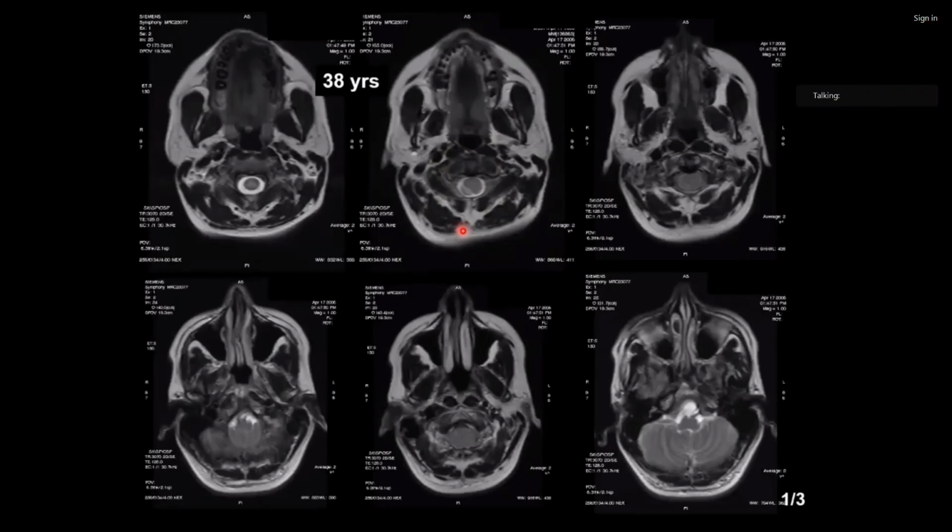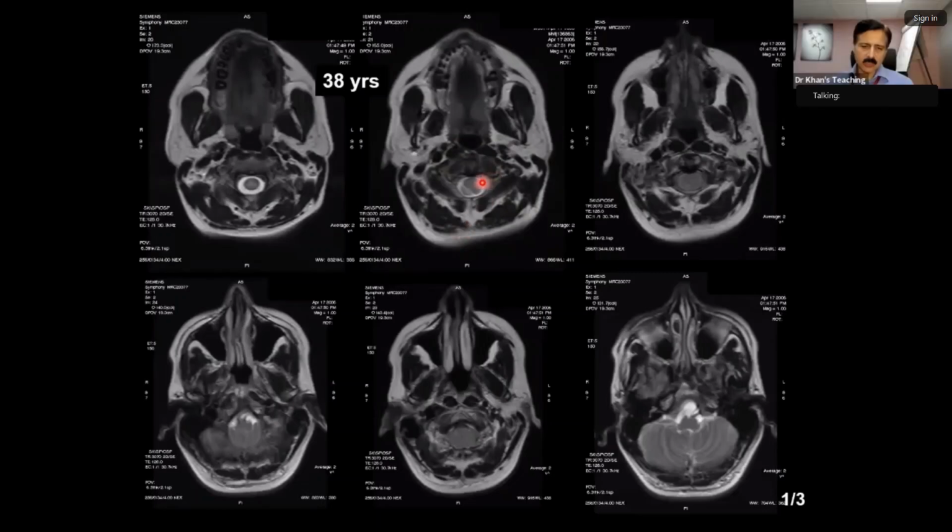The cord looks a bit abnormal in that image. If you see, the cord is here and something is sitting behind. If you look carefully in the next one, there is no CSF. Anteriorly is the cord and something is sitting behind. So now here,